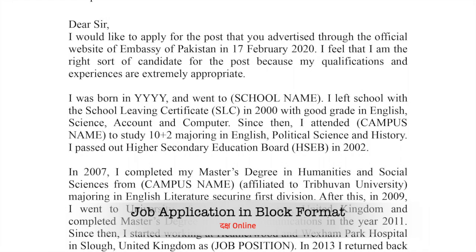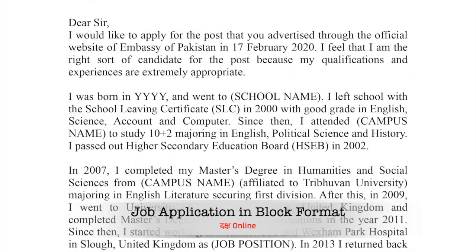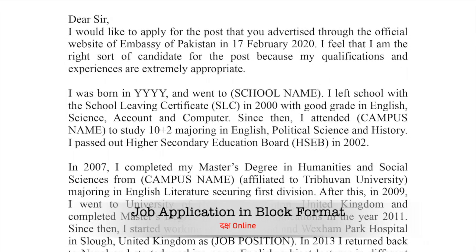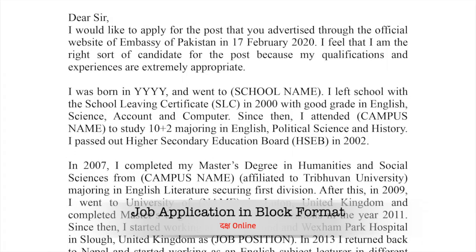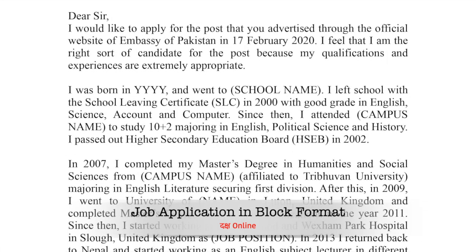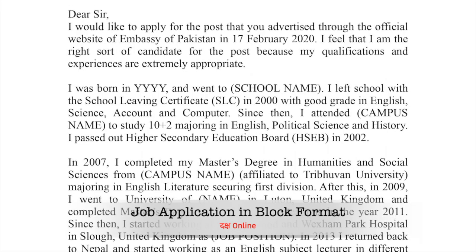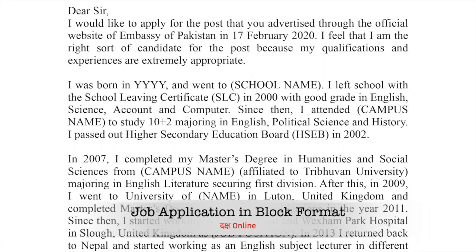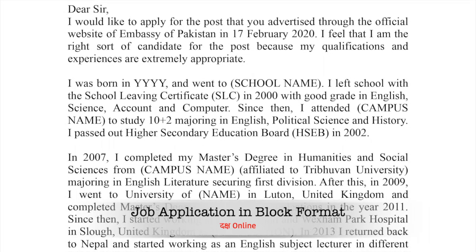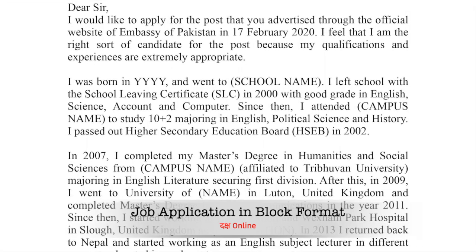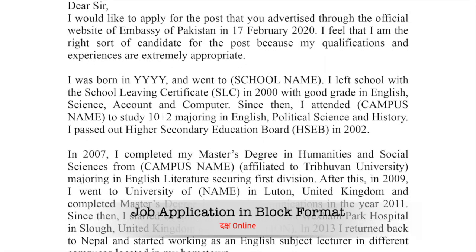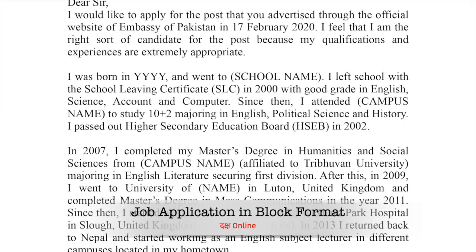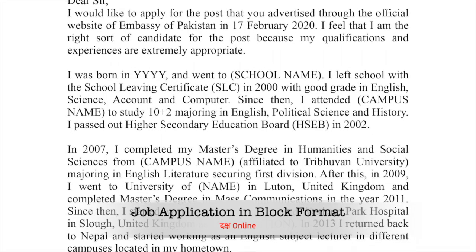So, what are the standard elements of a letter that we will be studying now? When you are writing a job application, there are 6 different elements that you need to consider. The first thing is the heading and the date. You need to tell where a letter came from and when it was written in the heading and date. The next thing is the inside address. The inside address begins at least one line below the date and it shows the complete name and title of the recipient, followed by the company name and address.